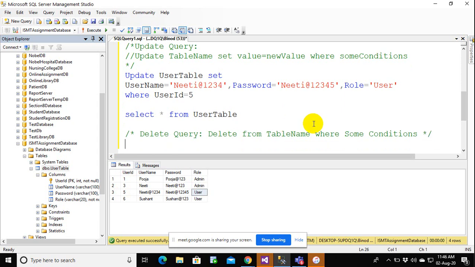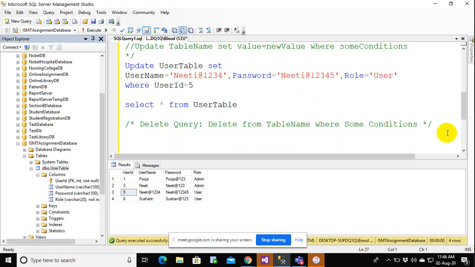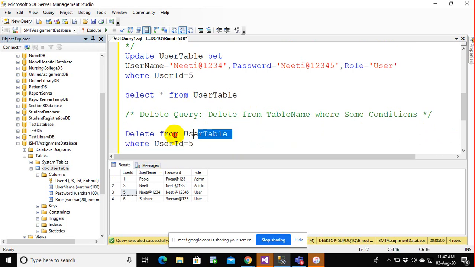Let us say I want to delete the user with ID 5. I can do delete from user table where user ID is equal to 5. If I do delete from user table without a condition, then everything will get deleted.